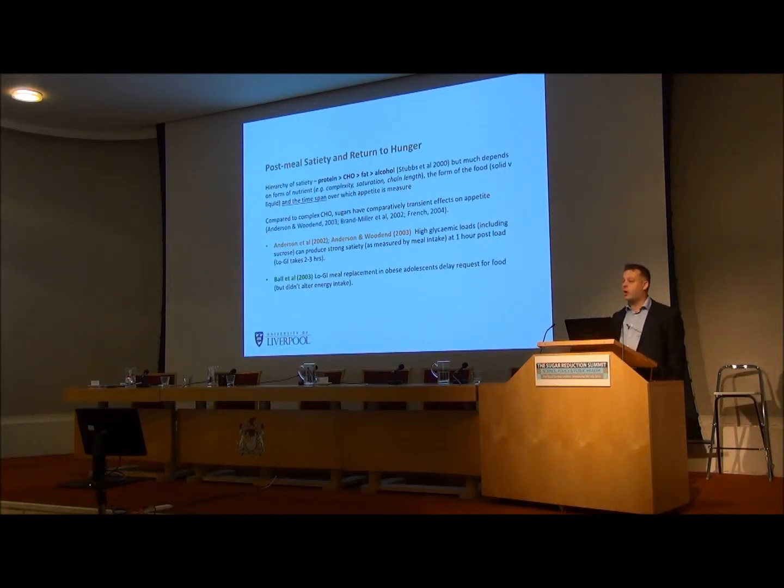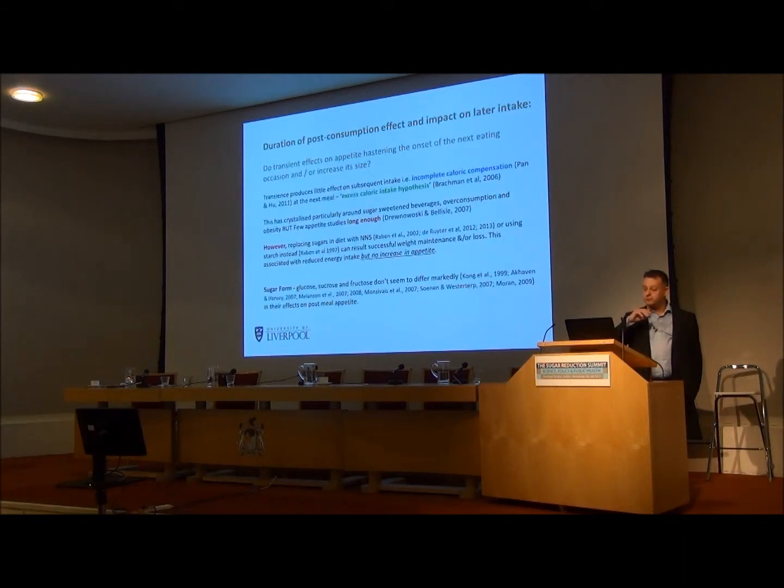So if you look at the complexity of carbohydrate, or we look at it in terms of high and low glycemic doses, we do see that in the literature. What we know is replacing sugars with these more complex carbohydrates and or the low glycemic options, what it does is it produces initially a weaker effect on appetite, very much after the meal, but as we progress out, it has a longer duration, it has a longer tail, and it's the length of this tail which is critical, perhaps, in understanding overconsumption.